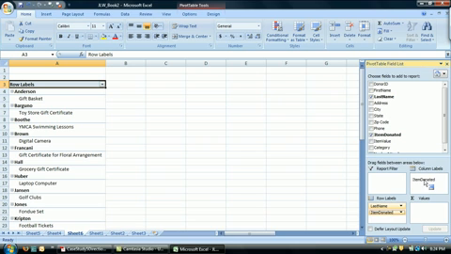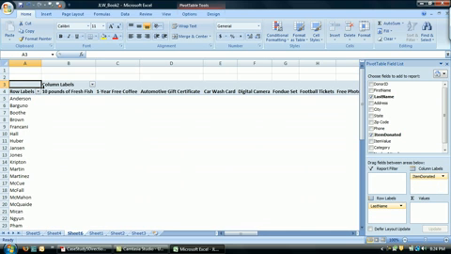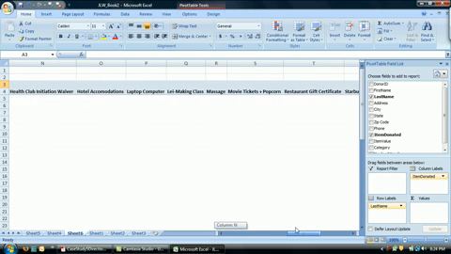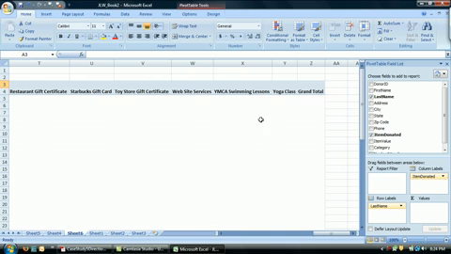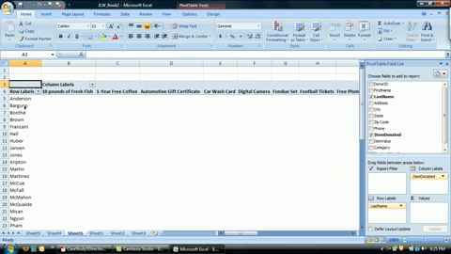So we're going to move this over by left clicking on it and dragging over here, and dropping it in there. Now 10 pounds of fresh fish, 1 year free coffee, automotive gift certificate, all the way down the line across here you have your items. Now that we have our people and the items that they donated, we have to figure out what the data that's going to go in this area is going to be. So we could either do item value,